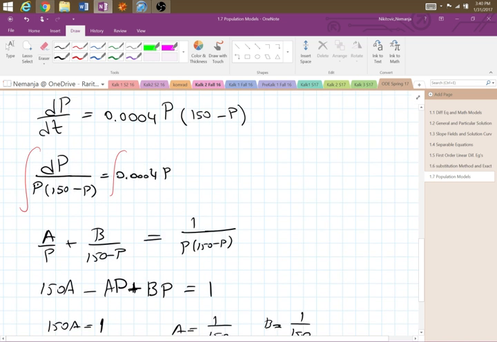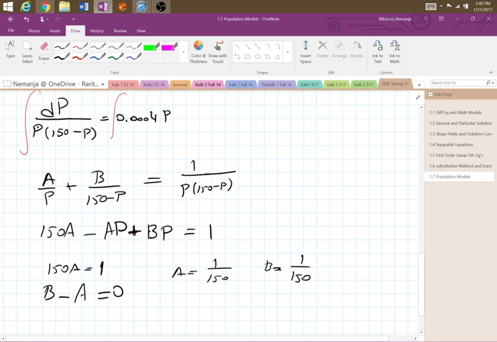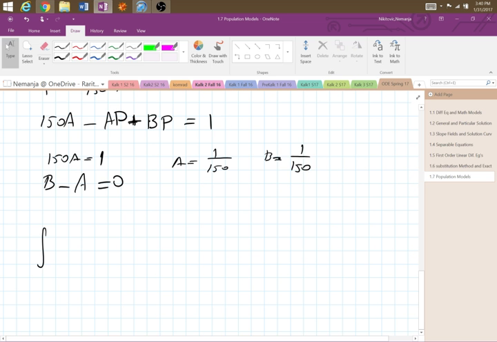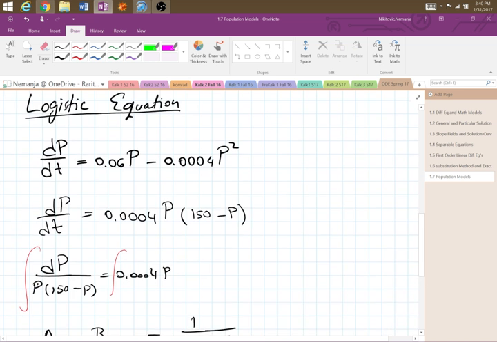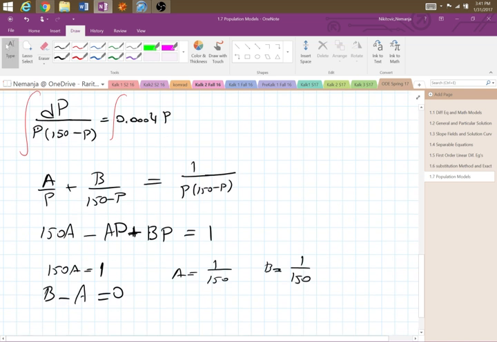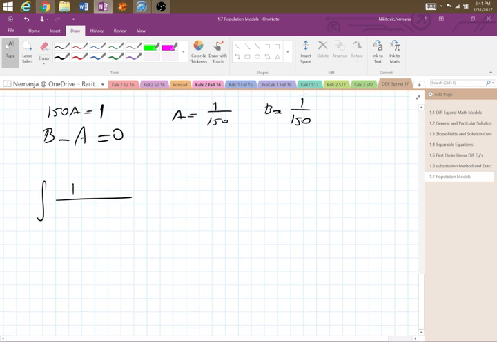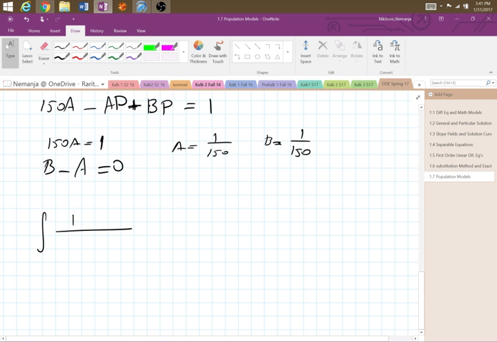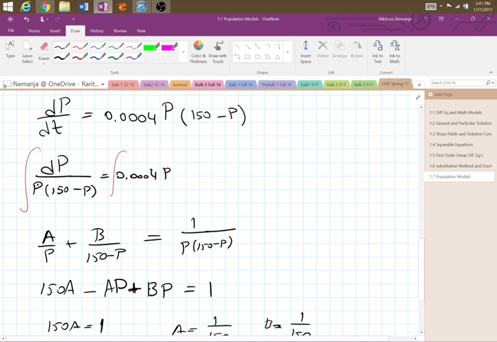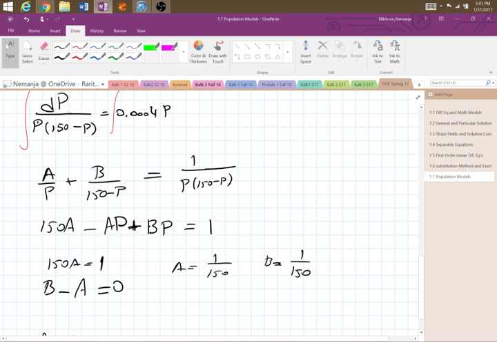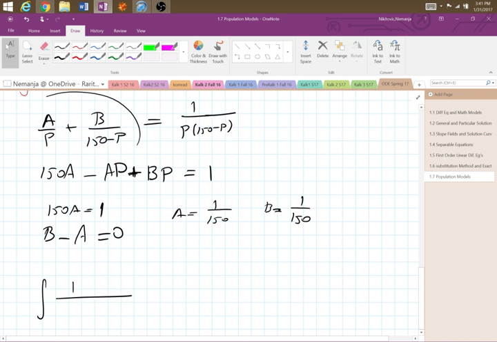So the integral of one over P times 150 minus P. Actually, wait. I need this in exploded form, which is this one when you put the integral in front. So A over P